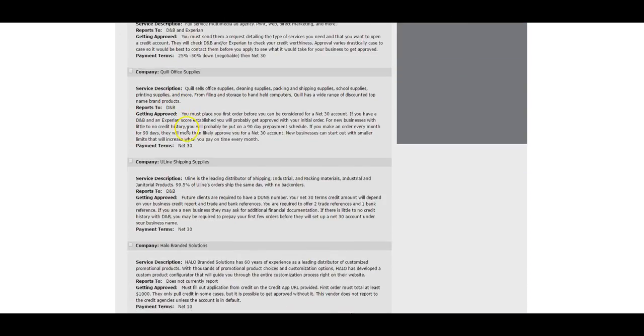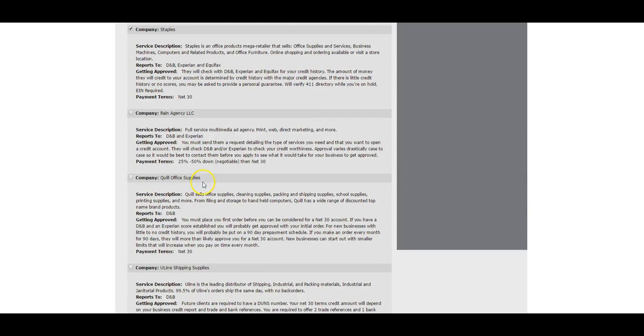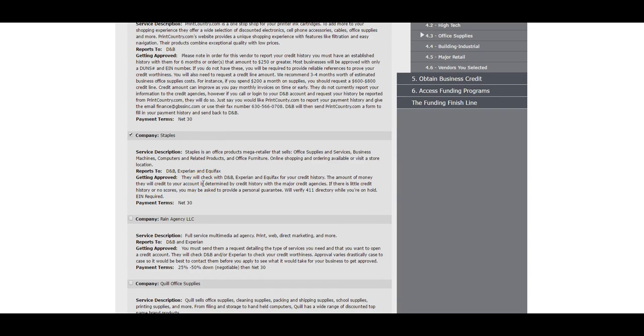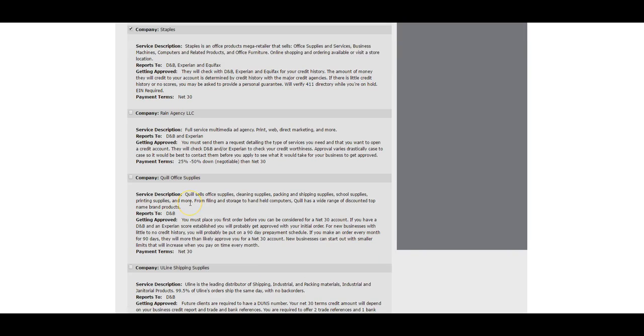There's a lot of sources in here that don't even report, and you can see that these don't even report. So they don't obviously help you build your business credit because they're actually blended in with the other accounts and they don't even report. And again, a lot of these sources don't even offer these type of accounts anymore. You don't even have the ability to come in and actually get approved even if you try. So imagine starting to build business credit and starting to apply for Staples and getting denied, and applying for Print Country and realizing they don't even have a starter vendor account,